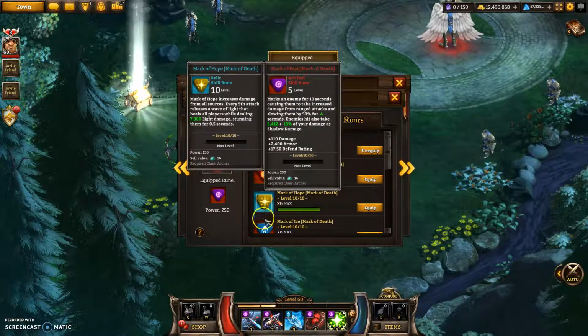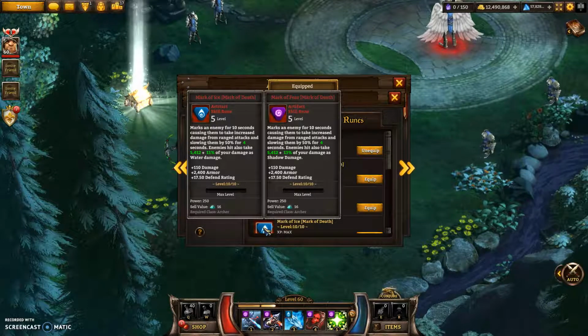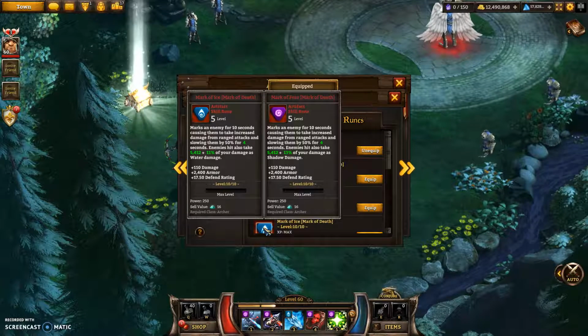So Mark of Fear is an exact copy of Mark of Ice, just with a little bit more damage tagged onto it. So this hits the one enemy. The main reason to use this is for the slowing on it. So it slows the enemy which you mark. I think this was originally made in order to be a PvP version of it. So you'd hit it on like a knight or something to keep them away from you